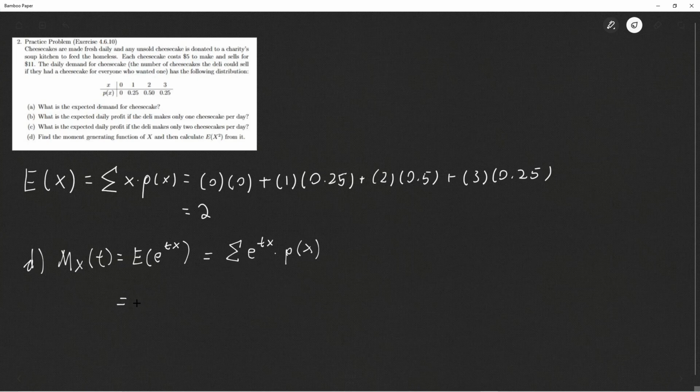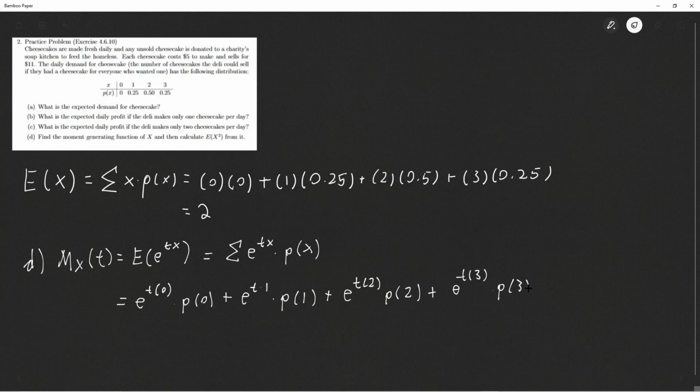So this is going to be equal to e to the t times 0, our first case where x is 0, multiplied by p at 0, plus e to the t times 1 multiplied by p at 1, plus e to the 2t multiplied by p at 2, plus e to the 3t multiplied by